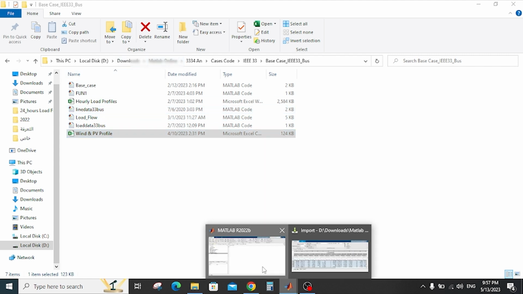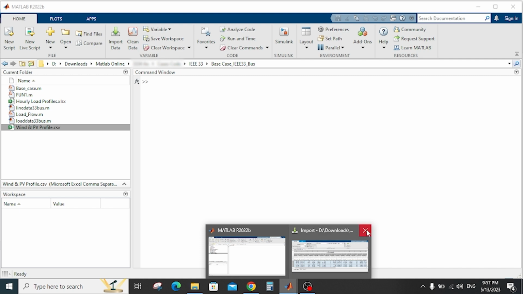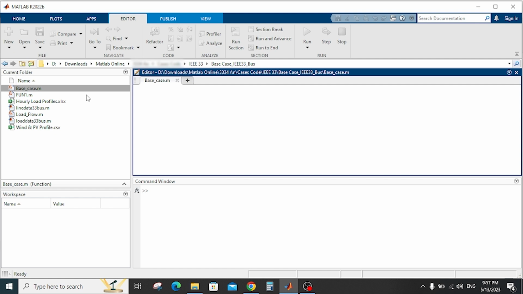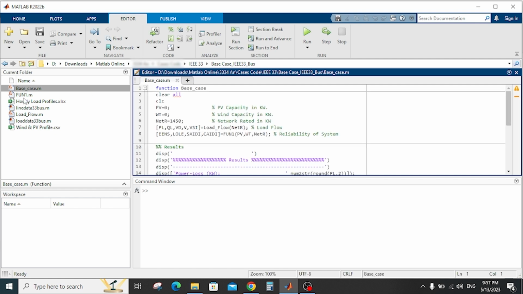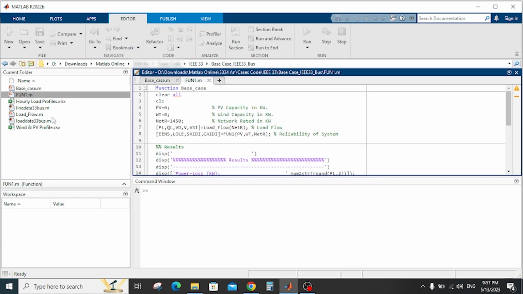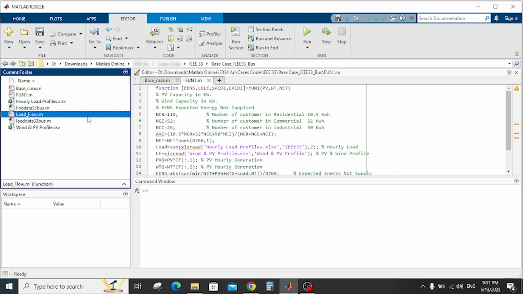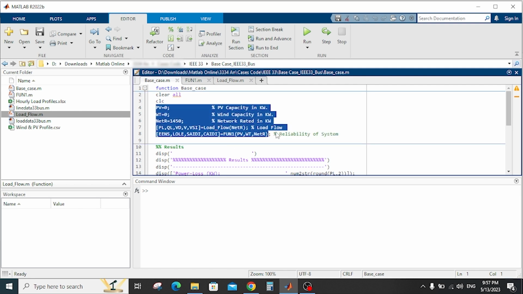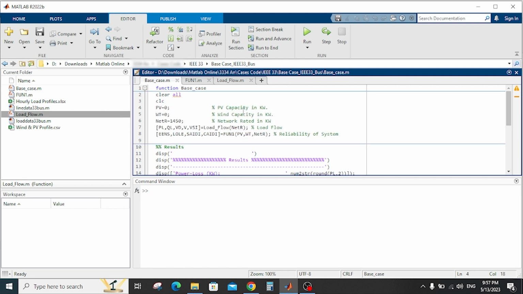And after that, if you return back to MATLAB, we have also the base case. The base case is the main function. As you see here, this is the load flow. The base case is the main function. We define some parameters for the base case. In the base case scenarios, in the